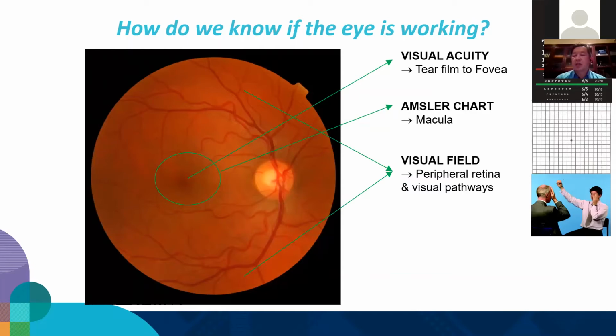And basically, you can do a crude confrontational test where you cover one eye, you get the patient to look at your eye, and you're comparing your peripheral visual field with their peripheral visual field by either showing how many fingers am I holding up, or asking, do you see my finger in the periphery there?